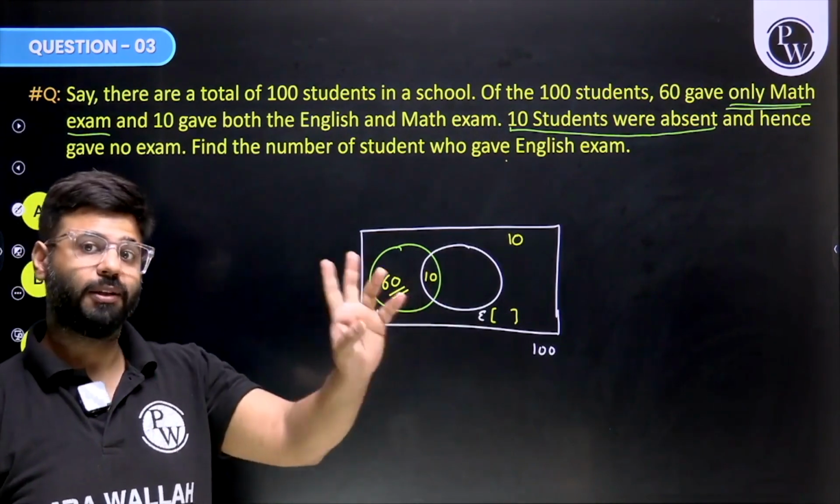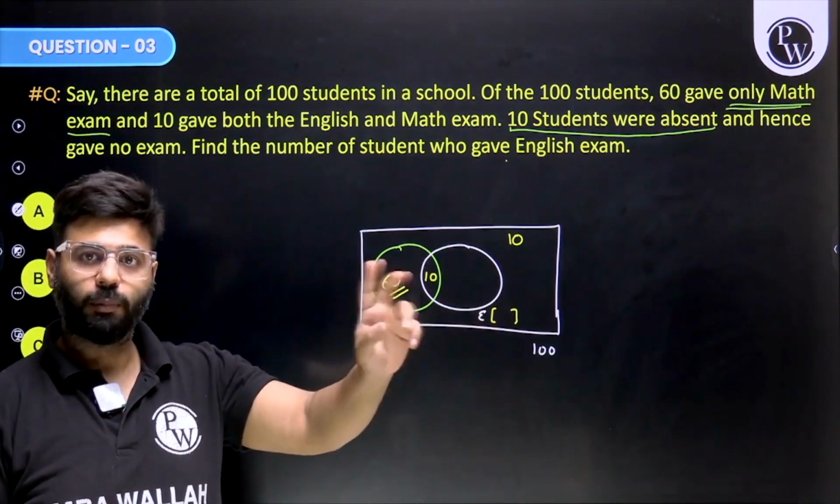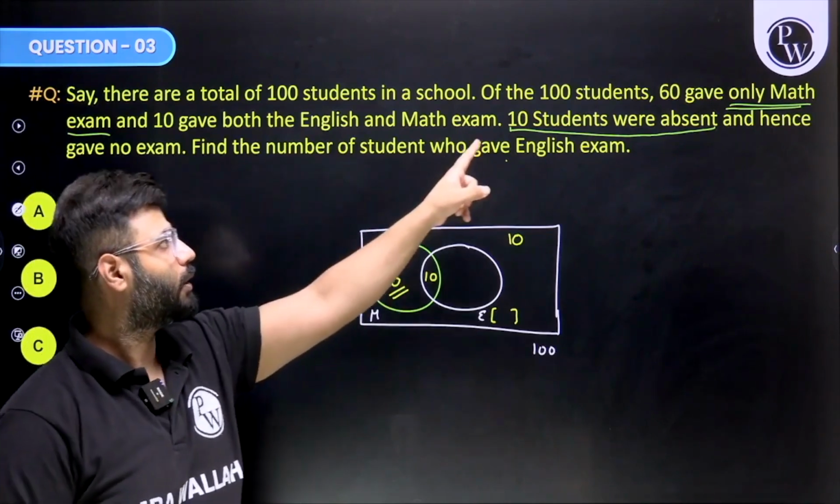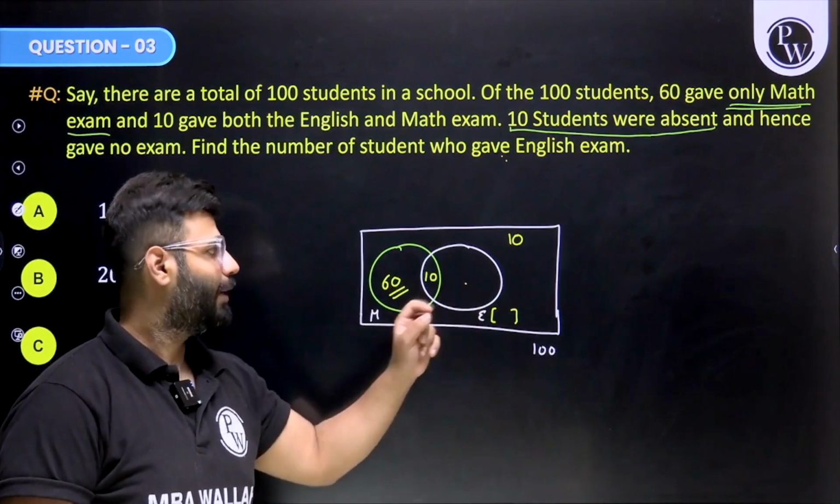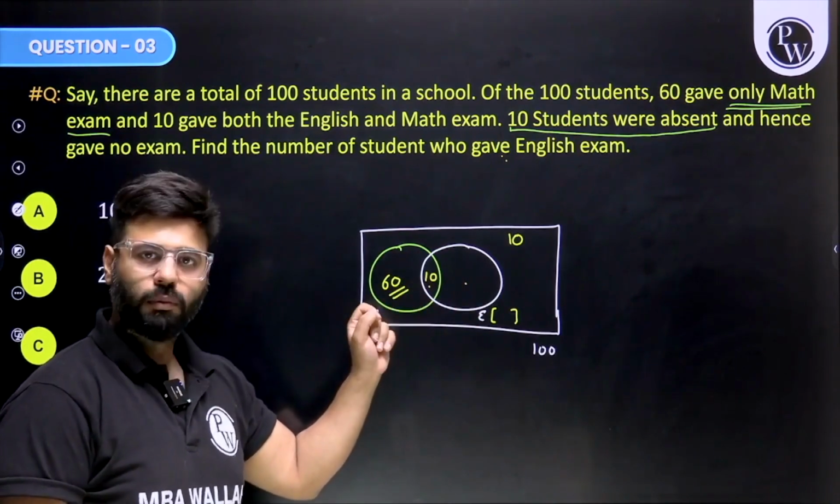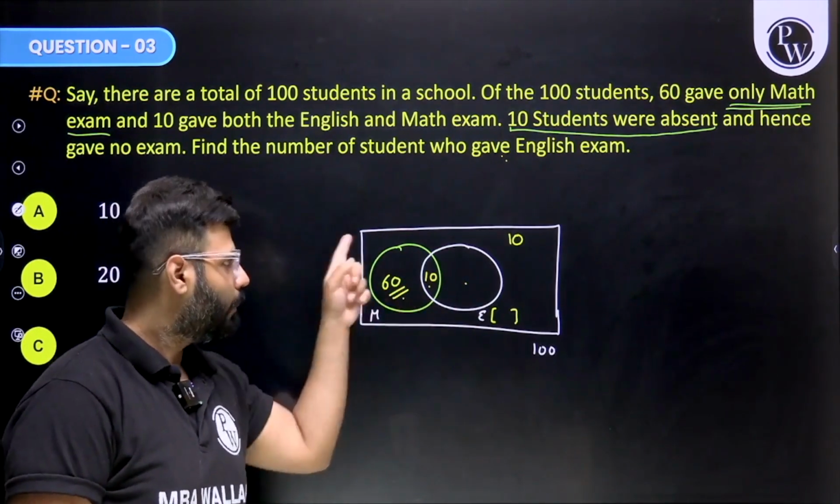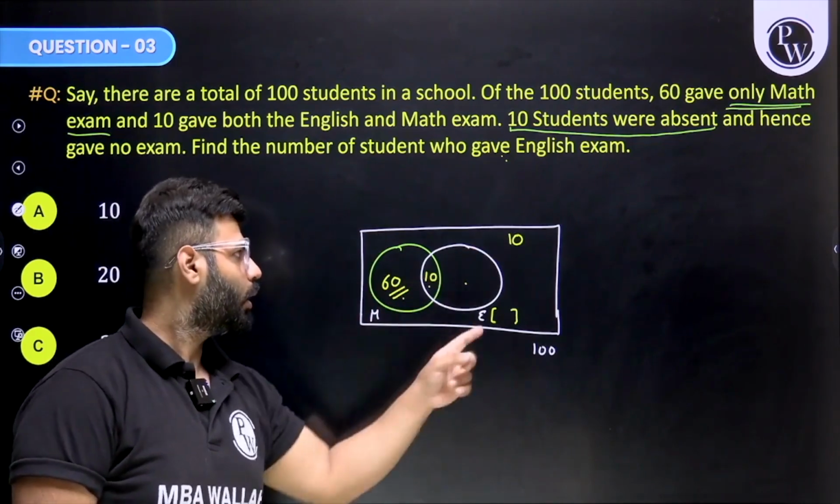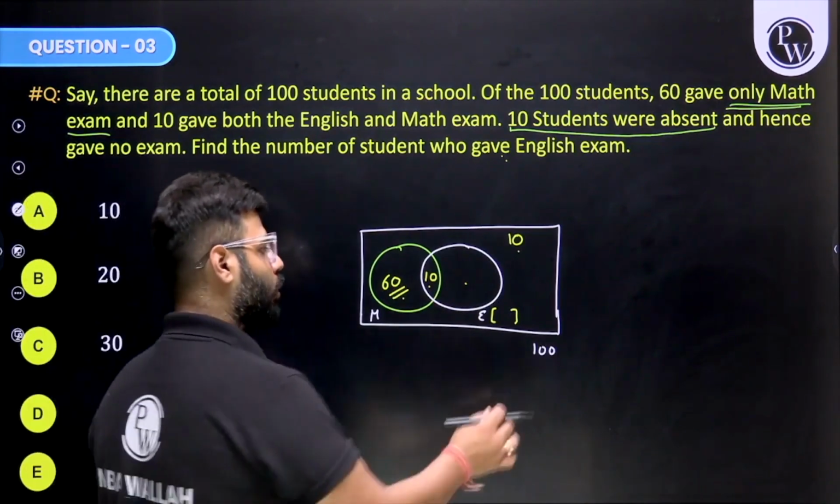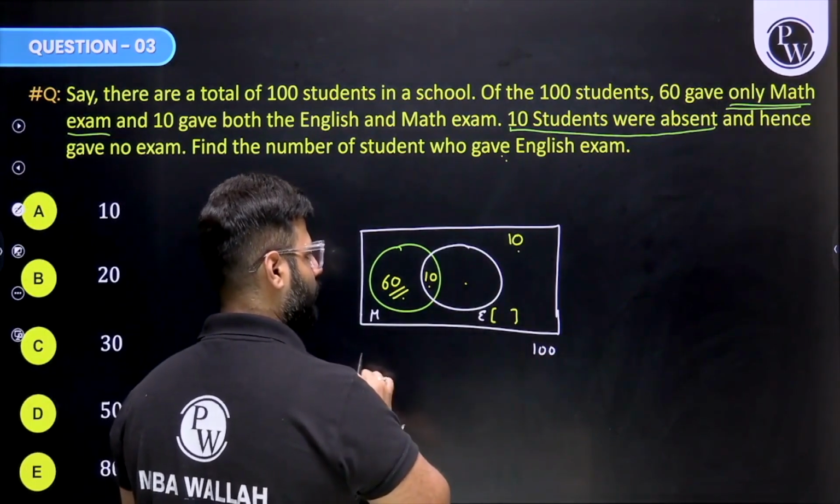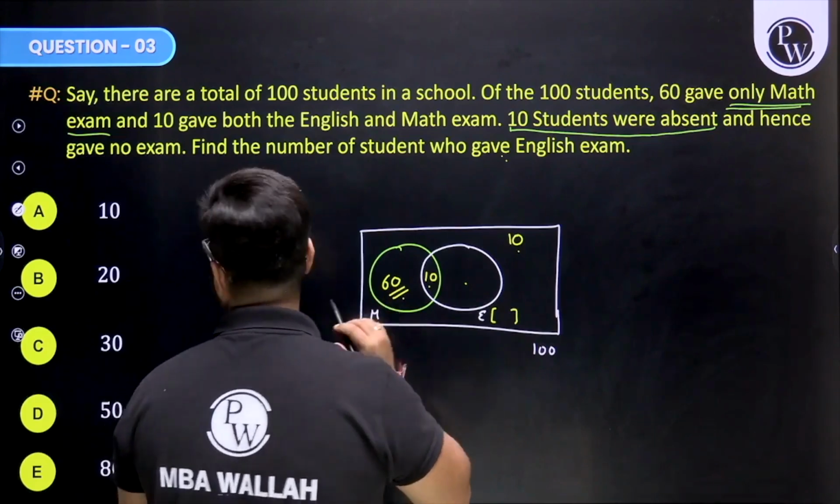Only math or math is a different thing. Only English exam is a different thing. Question is asking us gave English exam. English entire circle, only English this. Both, only math, math entire circle, total students giving no exam. So now guys, total is 100, right? We know that